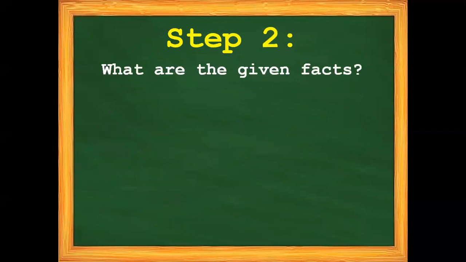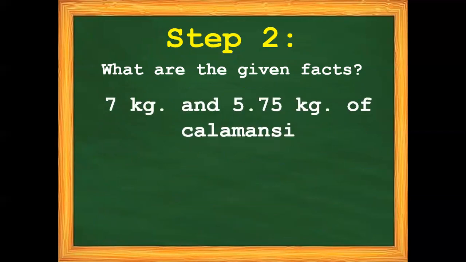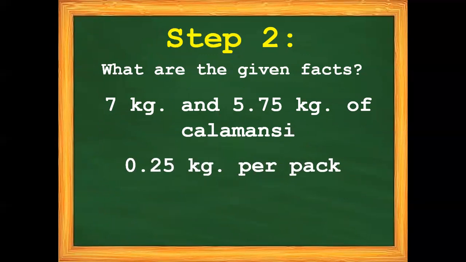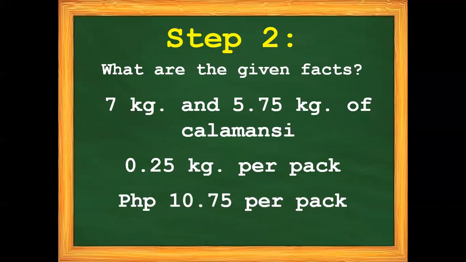Step number 2, what are the given facts? First, we have 7 kilograms and 5 and 75 hundredths kilograms of calamansi. Another given. Correct. 25 hundredths kilogram per pack. Another. Correct. 10 pesos and 75 centavos per pack. Now that we already know what are the given facts and what is asked in our problem, we can now proceed with